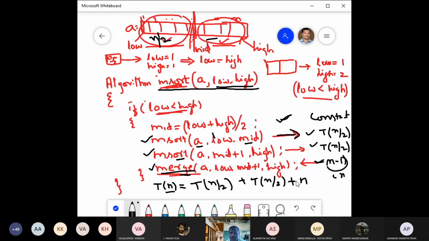Okay, now finally what is the time complexity function? T of n is T of n by 2 plus T of n by 2, it is 2T of n by 2 plus n. So this is the time complexity function for merge sort.